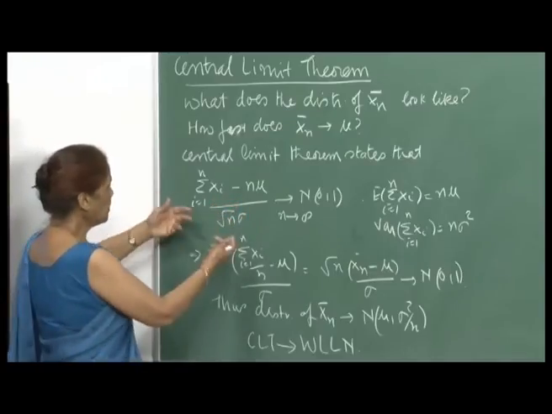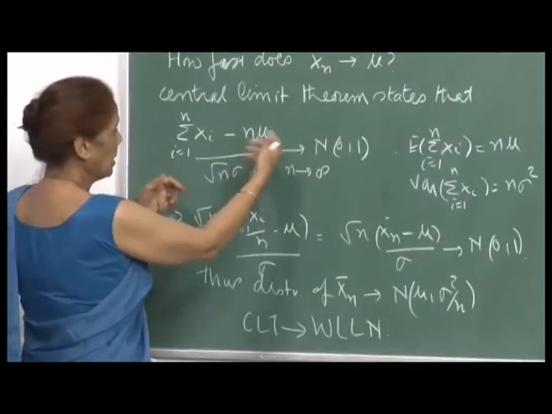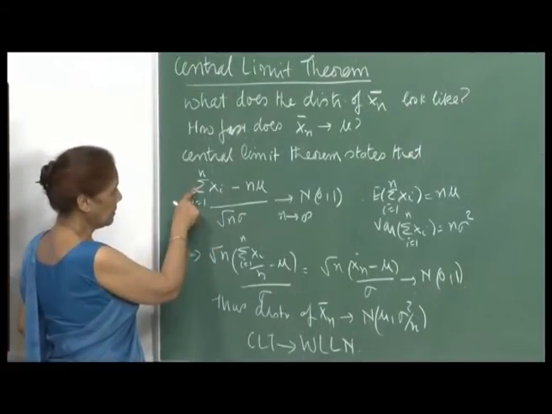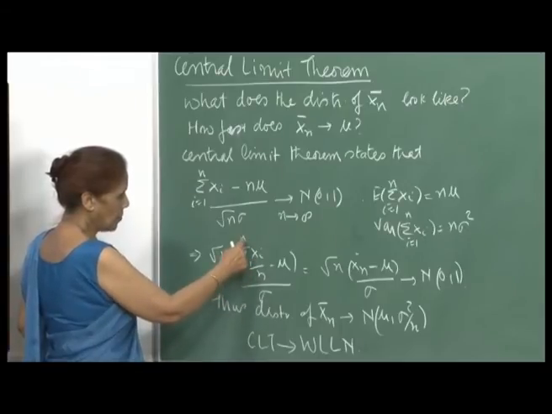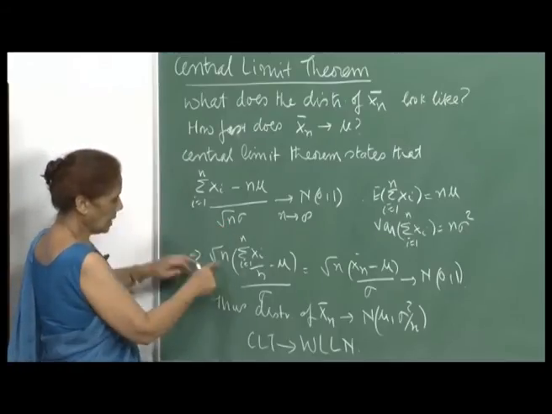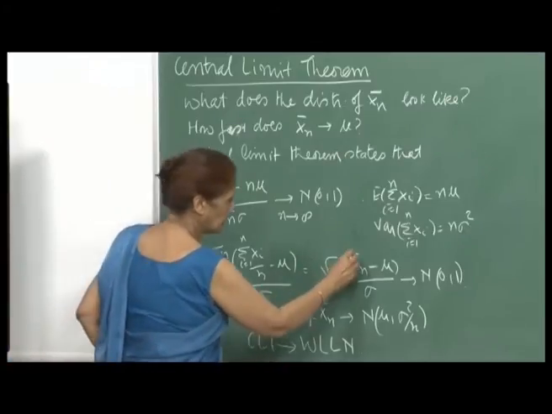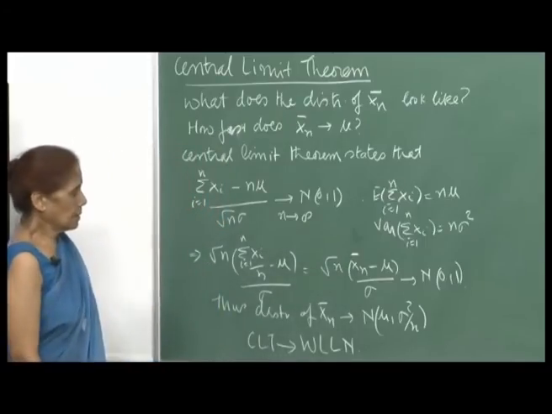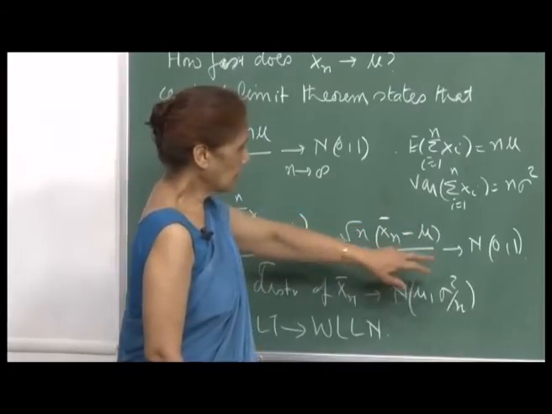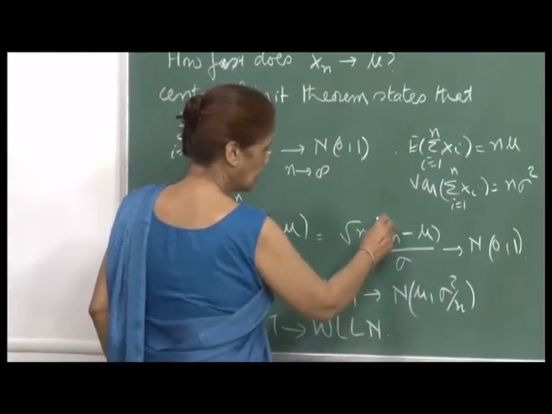And the weak law of large numbers said that sigma x i by n will converge to mu in probability. But to answer the first question, if you now divide by n, this becomes sigma x i, i varying from 1 to n, divided by n, and there will be an n here and there is a root n, so that becomes root n times divided by sigma. The central limit theorem says that this variate will converge to the normal 0, 1. So, I can write down sigma upon root n here, and essentially what we are saying is that